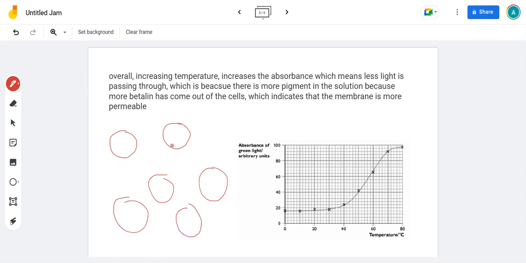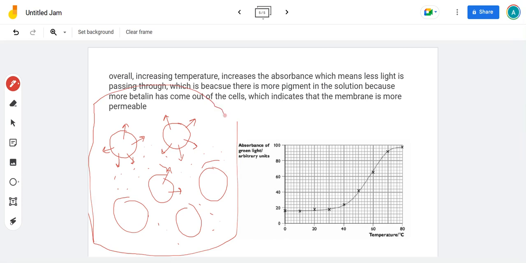Those cells are filled with betalain pigment, and the higher the temperature, the more permeable the membrane is, and so more pigment is coming out. And so we're ending up with way more pigment in the solution. Well, first of all in the tissue fluid, and then if you imagine that's in the cylinder of beetroot, and then obviously once it's in the tissue fluid, it can just come out of the cylinder